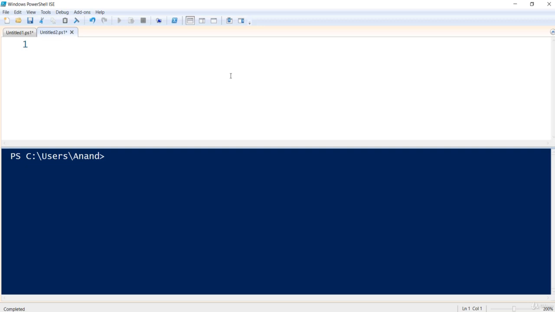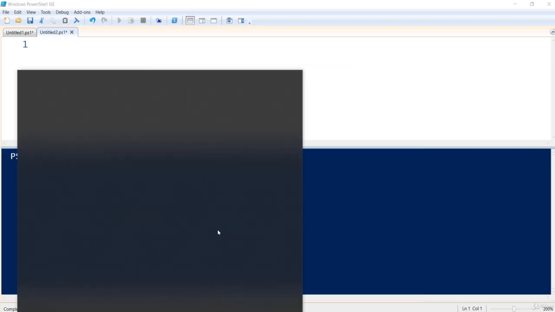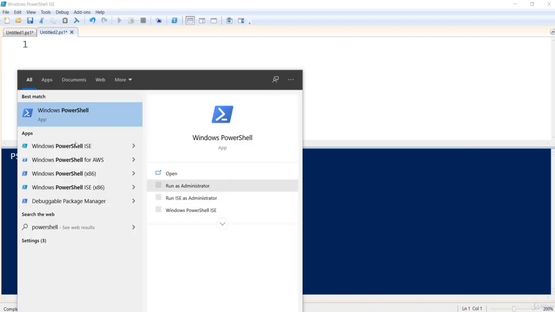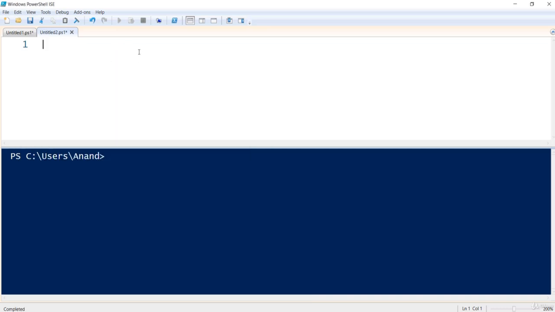The way to launch PowerShell on your device is to just click on the start button and then start typing in PowerShell like that, and it will automatically show up PowerShell ISE in this pop-up. So you can either select this Windows PowerShell, which is more like a command line interface, but I always prefer using the interactive editor because it has a lot more features than the regular Windows PowerShell command line has to offer. So launch the PowerShell ISE so that way you can edit and write your own comments on the PowerShell,